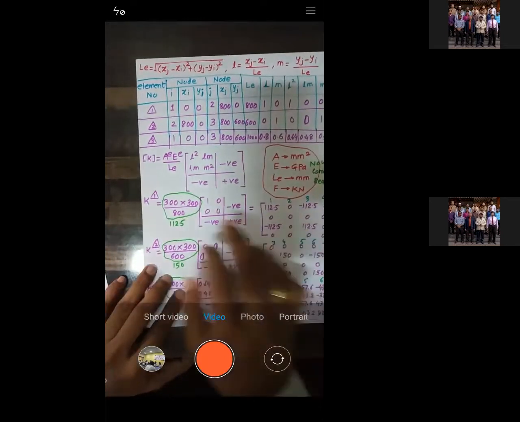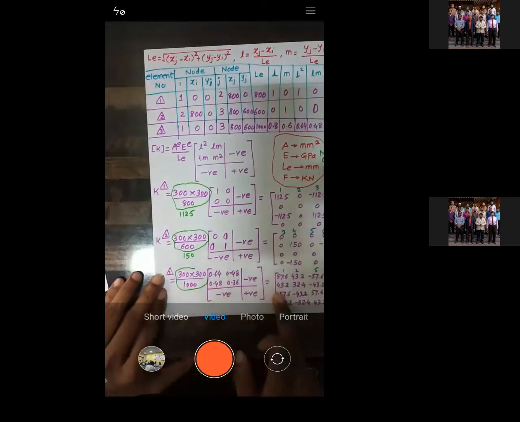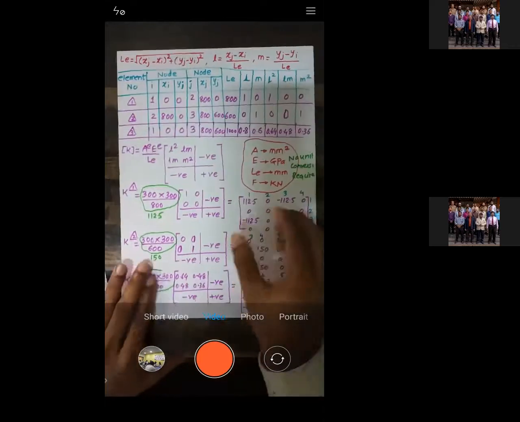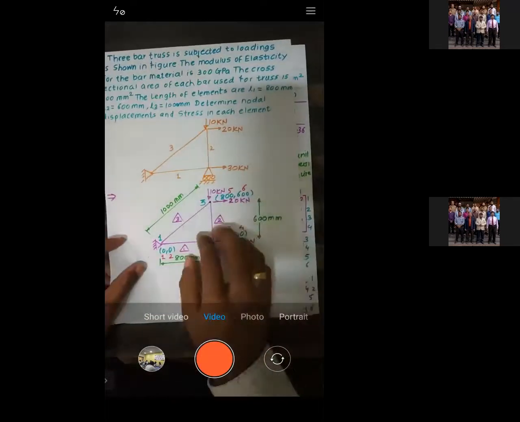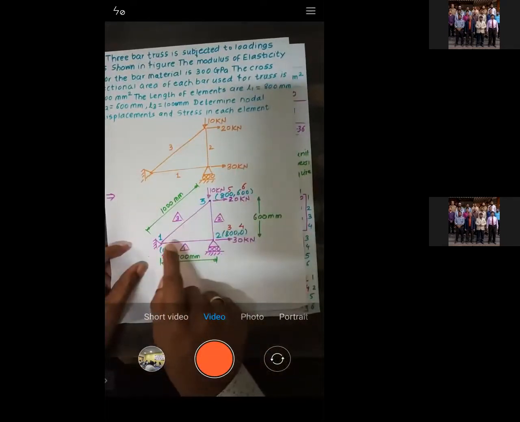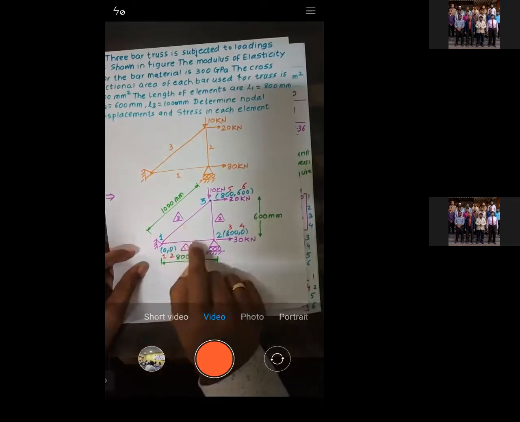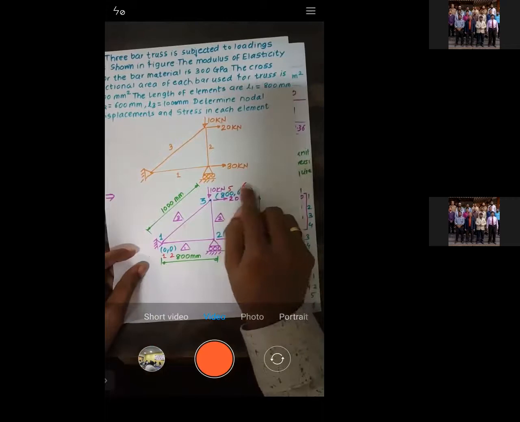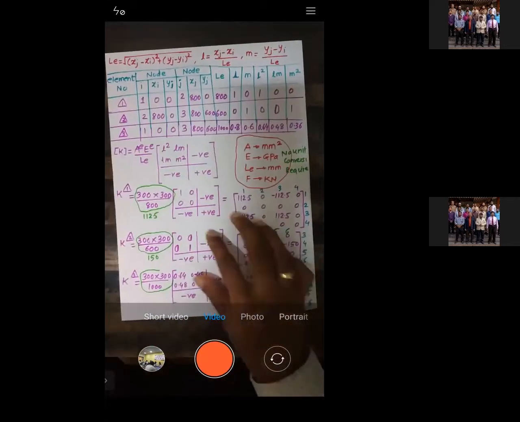Now we have written element matrices for 1, for 2, and for 3, and put in the respective terms. So we are able to get such matrices, right? Now for element number 1, which is between nodes 1 and 2, I should write down the numbers for rows and columns as 1, 2, 3, 4. For element number 2, it should be 3, 4, 5, 6. For element number 3, it is 1, 2, 5, 6. Like that, we have assigned the rows and columns.